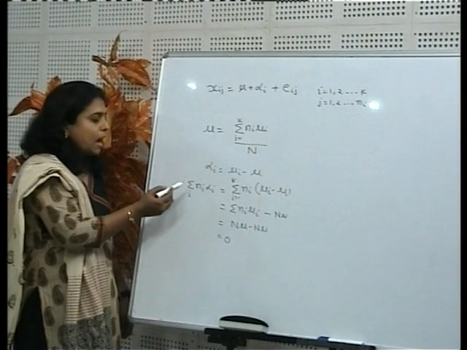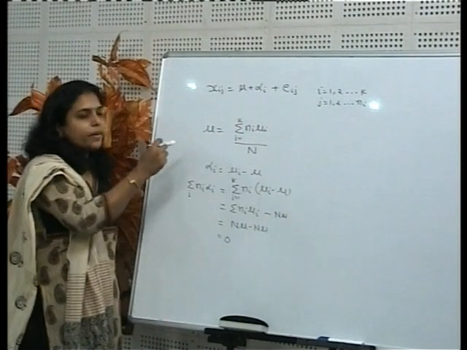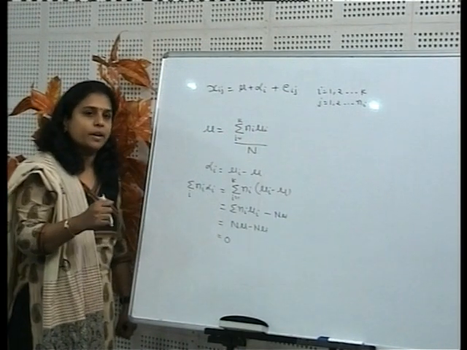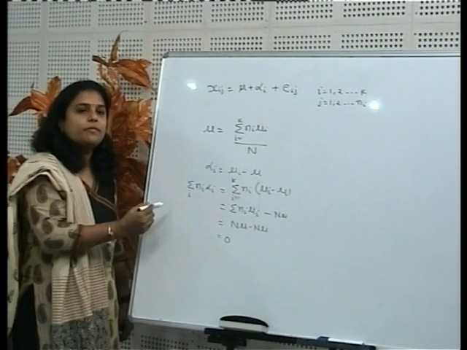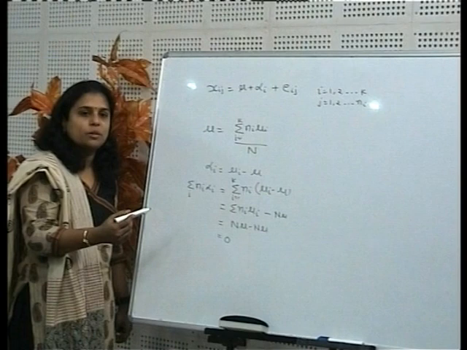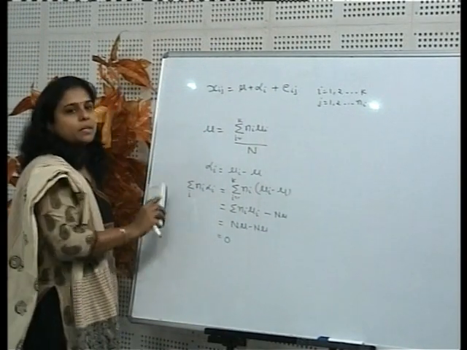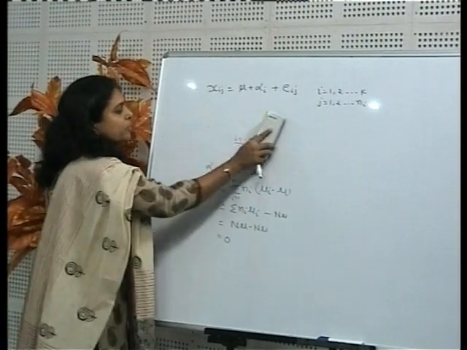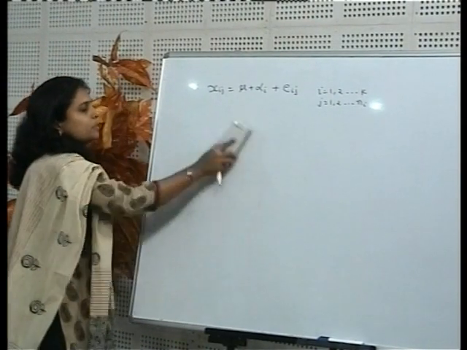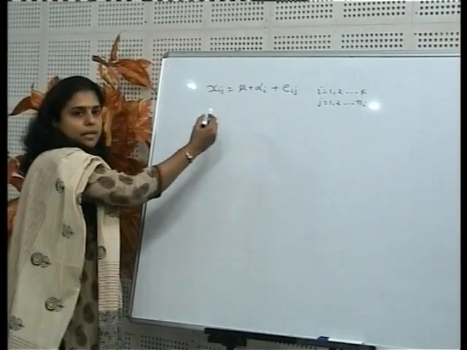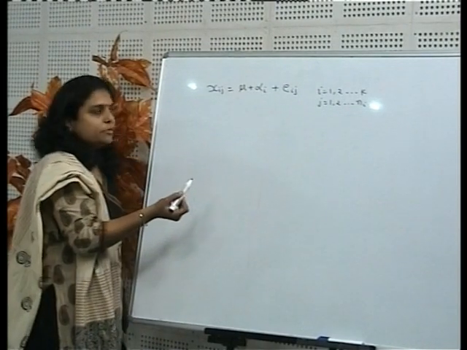It means that alpha i is a fixed effect. Hence the model in which the effects are fixed is called the fixed effect model. So here summation ni alpha i over i is 0. Hence alpha i, which is the effect due to the ith treatment, is fixed. Now let us obtain the estimates of the parameters involved in the model. This is the mathematical model for one-way classification, in which mu and alpha i are the parameters of the model.